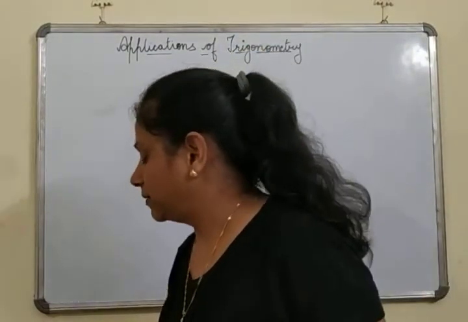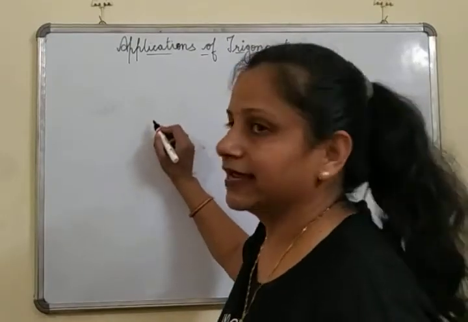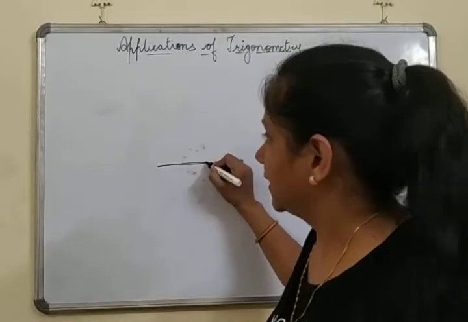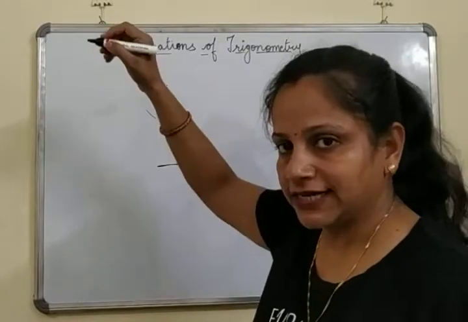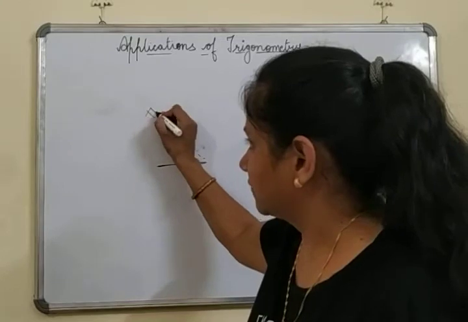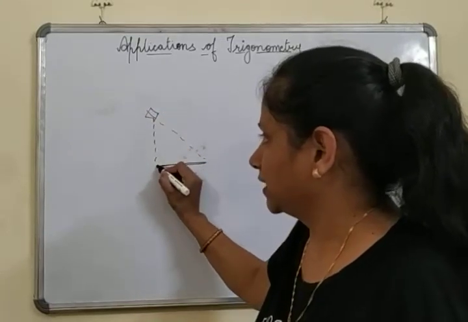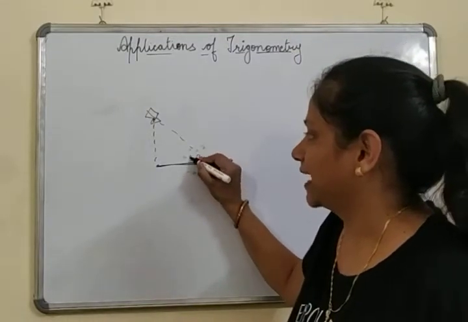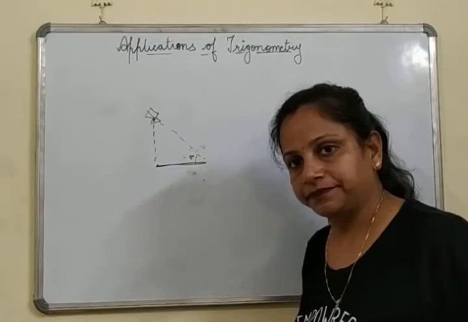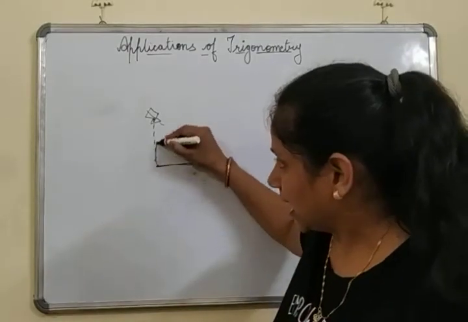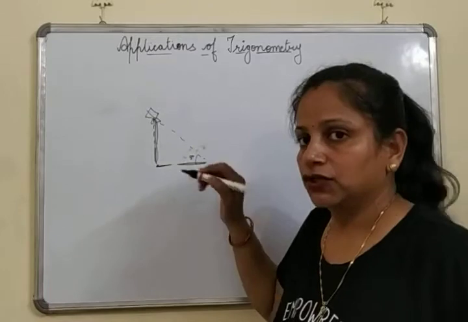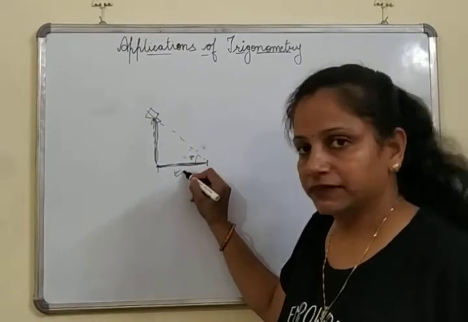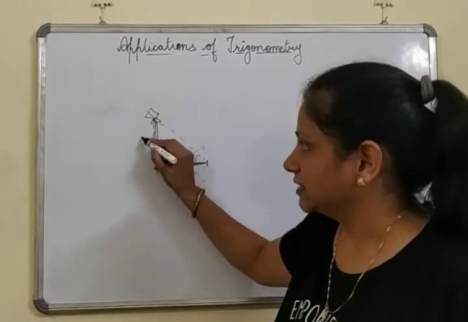Now say for example that you are flying a kite. So this is your terrace, and when you fly the kite, the string goes this way, a bit slanted, and then this is the kite somewhere here. That means from the ground level there will be some height of this kite, and say the angle made here is 30 degree, and we have to find to what height this kite has reached. So how can we find? Now since this is our terrace, we can find this distance easily, and we need this height now.